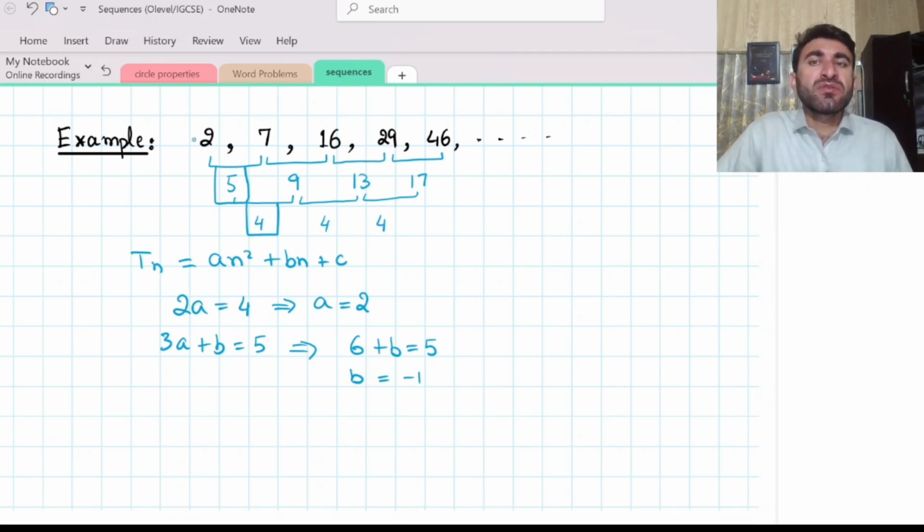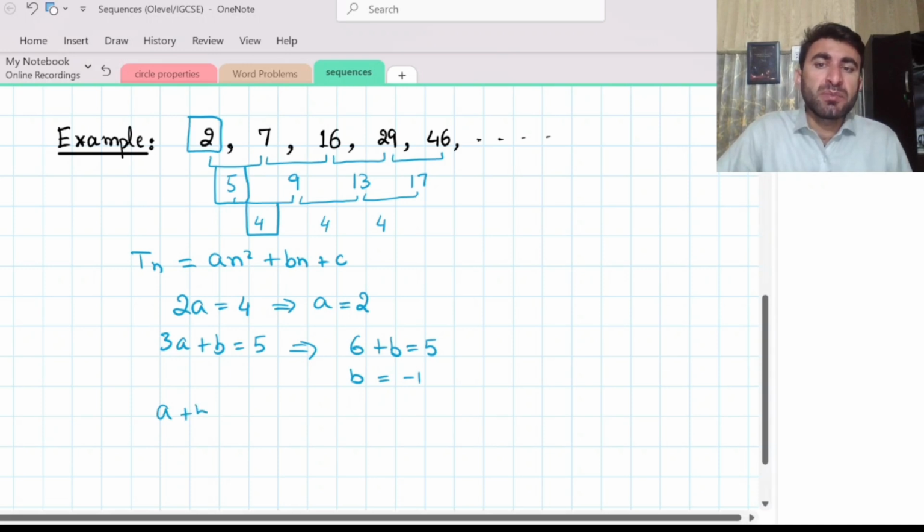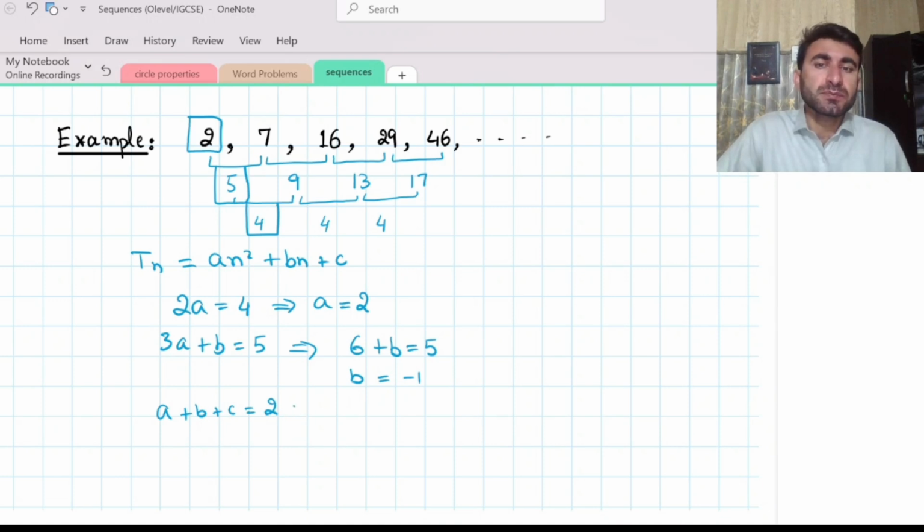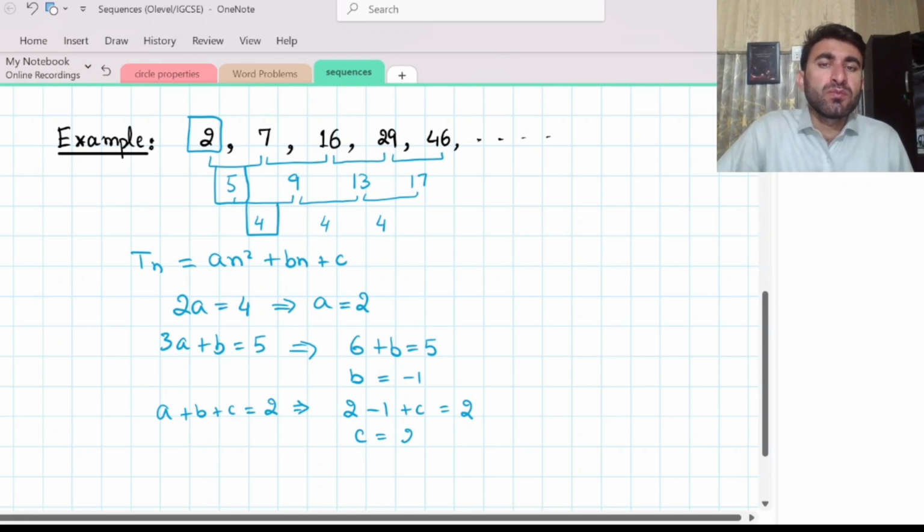Now in order to figure out the value of c, we will take the first term of the sequence and equal it to a plus b plus c. That is, a plus b plus c equals the first term of the sequence, which is 2 over here. Now replace the values of a and b from the previous two results. A was 2, b was minus 1, and plus c, and this equals 2, which means 2 minus 1, it is 1. So c shall become 1. So we have figured out the values of the three constants a, b and c, and then we can just